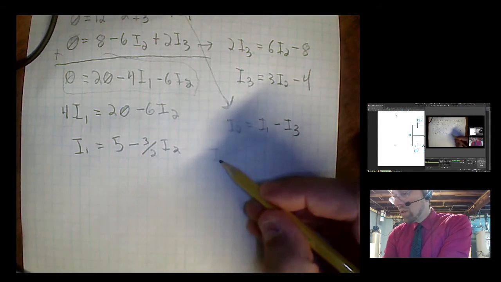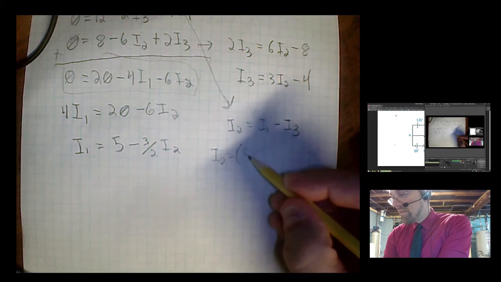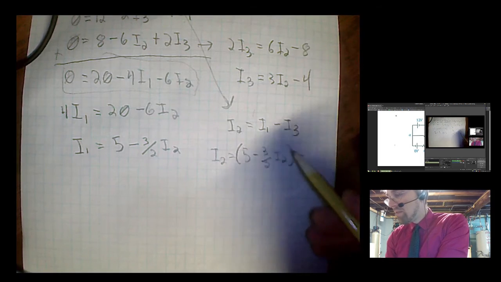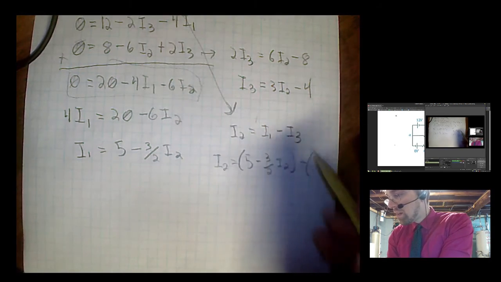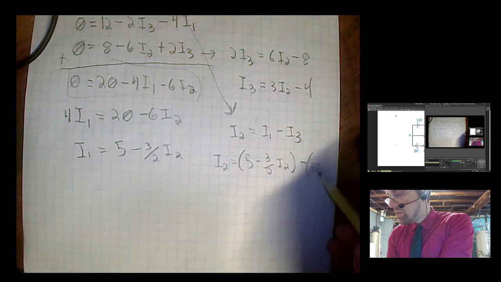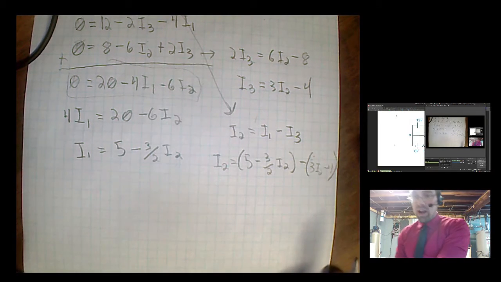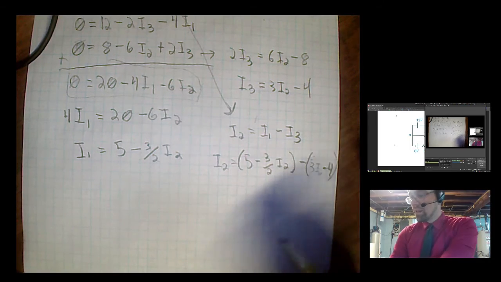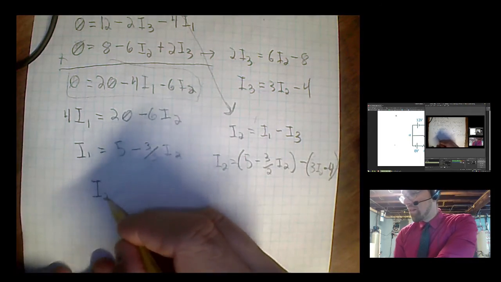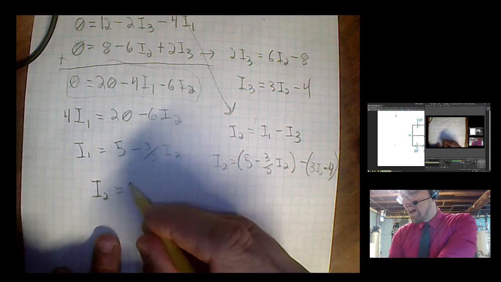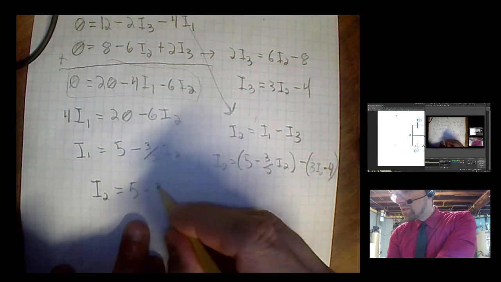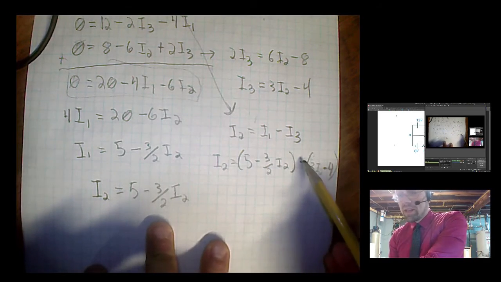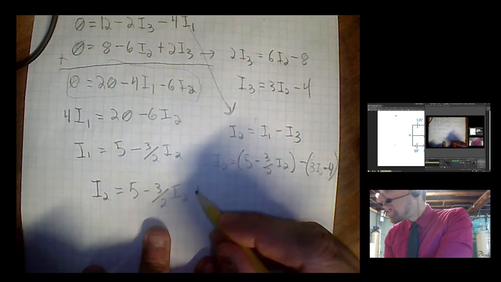So I2 equals 5 minus 3 halves I2 minus I3, which is 3I2 minus 4. Alright, so right now, before I go any further, I'm going to distribute that negative, because I know I'll make a mistake if I leave it hanging too much. So I got 5 volts minus 3 halves I2. Okay, but now I'm going to distribute this negative, so I'm going to say plus 3 I2